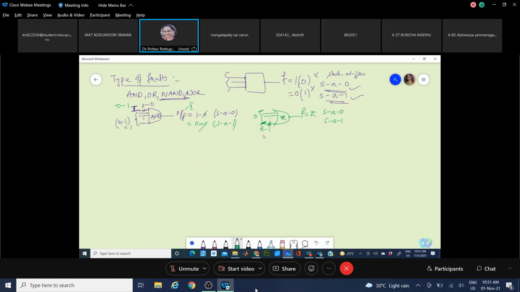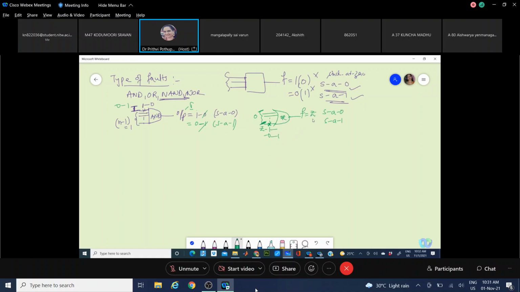If you want to test for stuck at 1, tie this line to 0. The fault-free response will be 0 because all the inputs are 0. If a fault is happening on this line, it means it goes to 1, so the output will be 1.